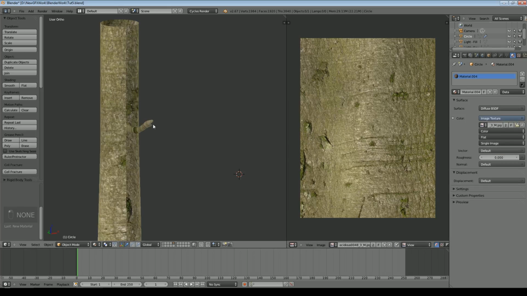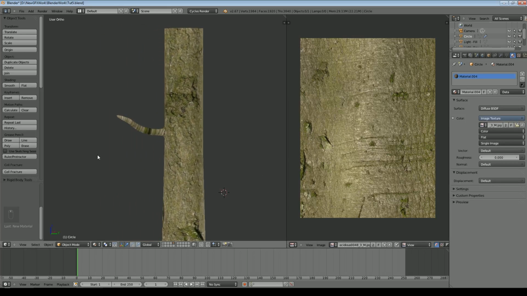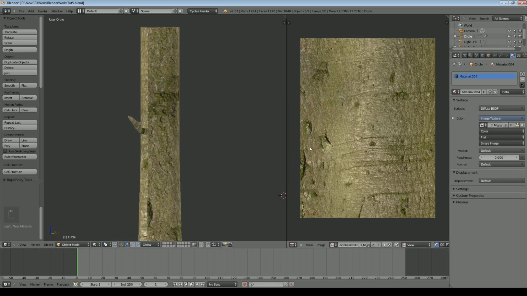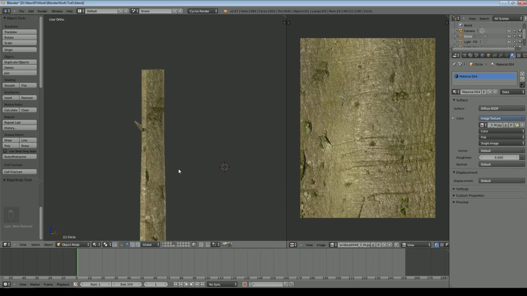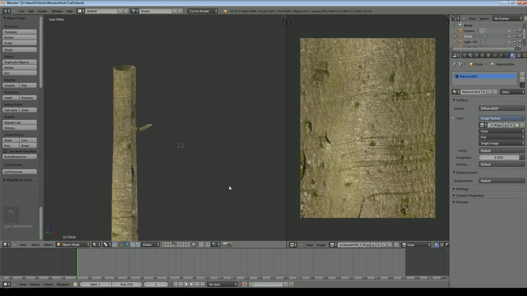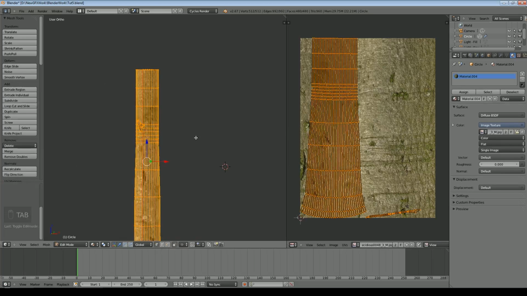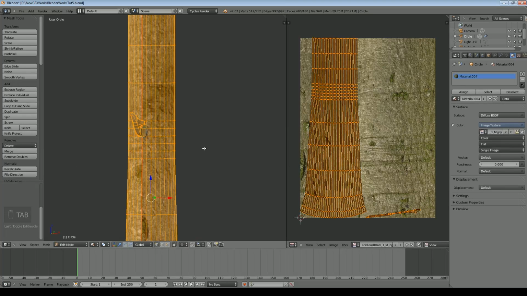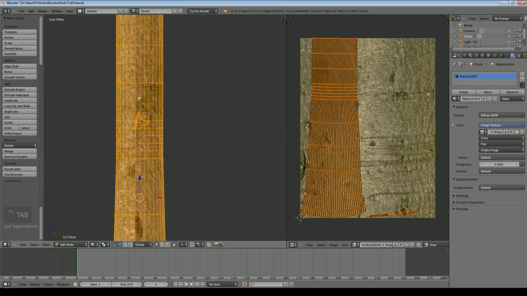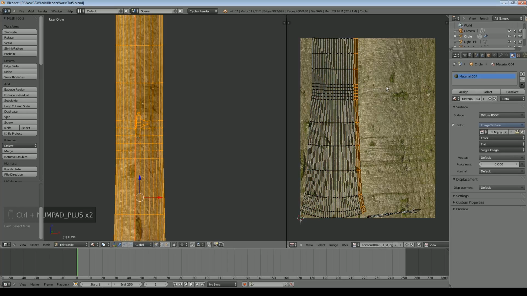So you can see at the moment, because there's obviously a variation in shading from one side to the other of this image, we've got a very clear line running down there. To start to sort that out, we need to have a look at where that is. Because I put a line there, one of these edges is that line. Doesn't really matter which one. So if I select one edge and then Control Plus to take it to somewhere about the middle.